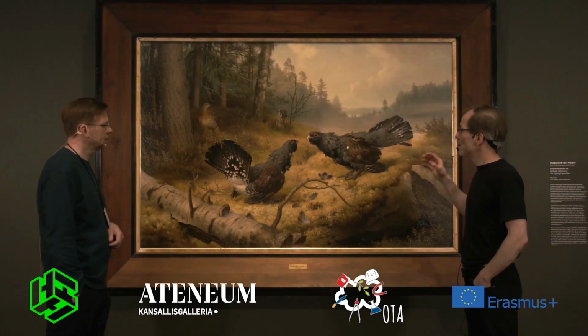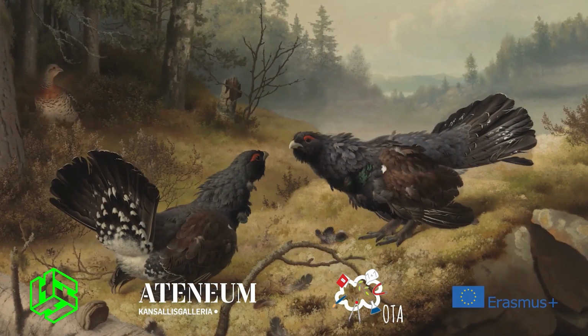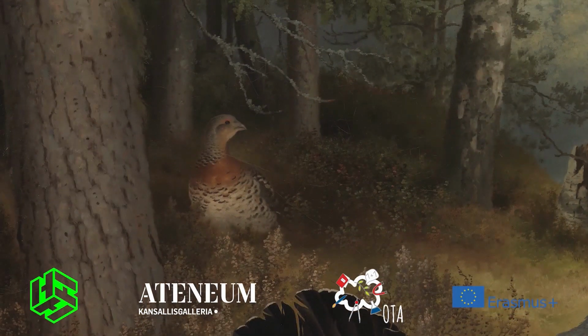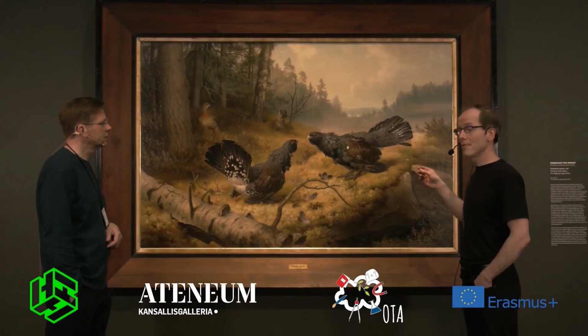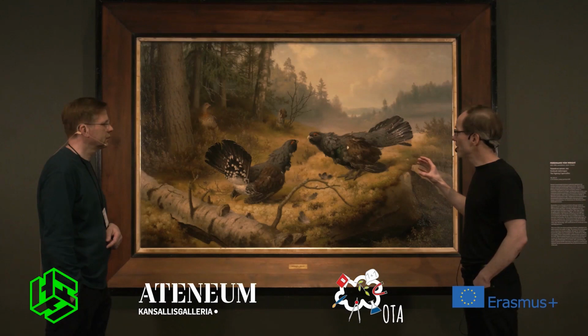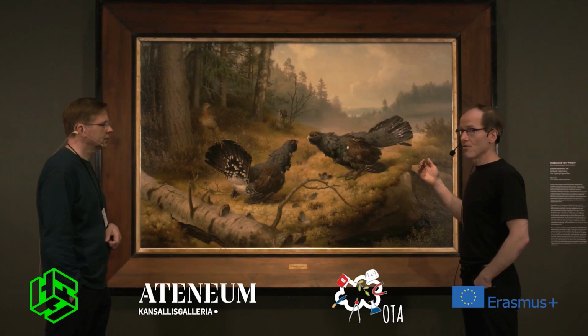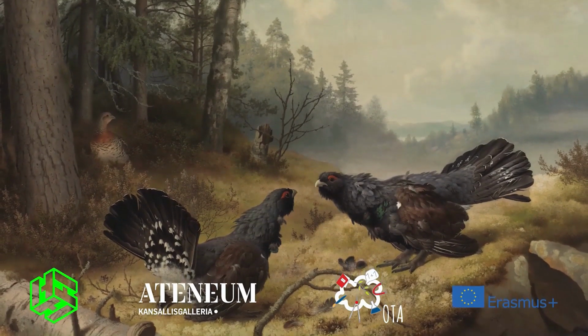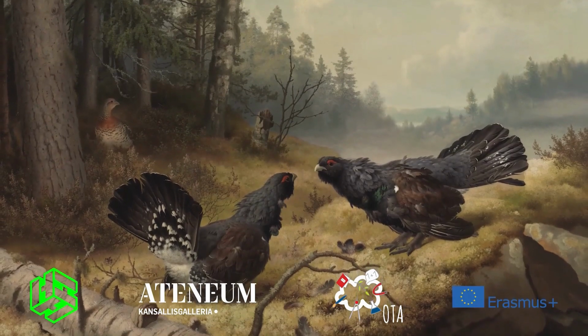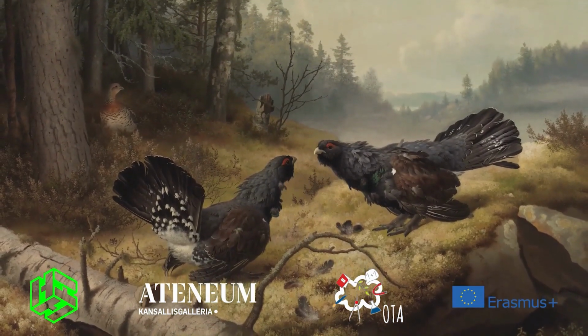So this is a courtship scene. There are 2 males and 1 female in the background. The courtship season begins usually in March or April and ends in May or June. And adult males are very competitive. They are strongly territorial and occupy a habitat of 50 to 60 hectares for living. It's a huge area of land to keep, and they can be very aggressive when they defend the territory.